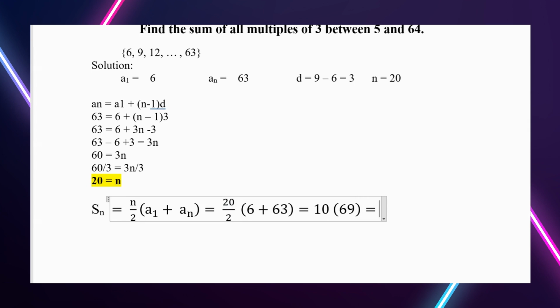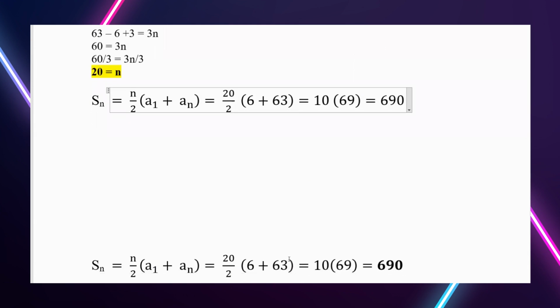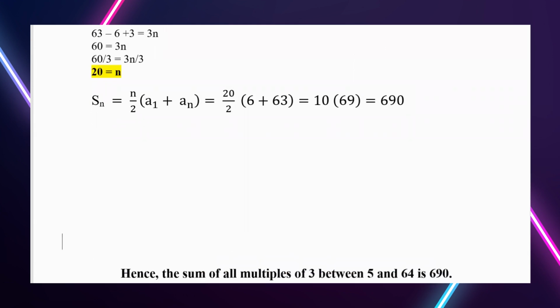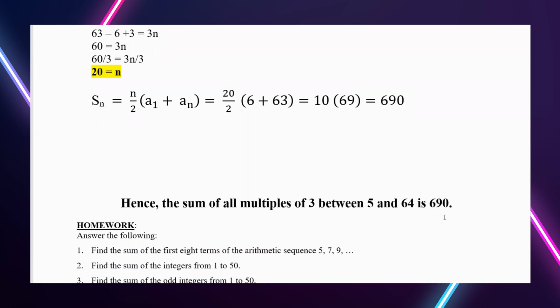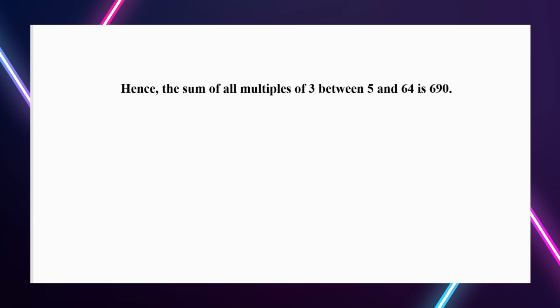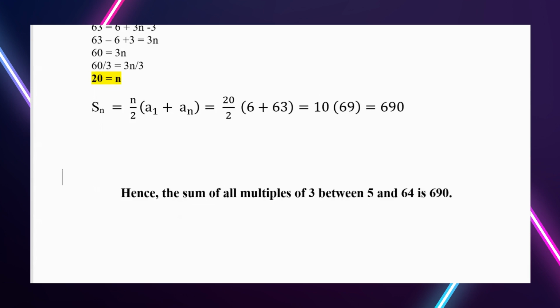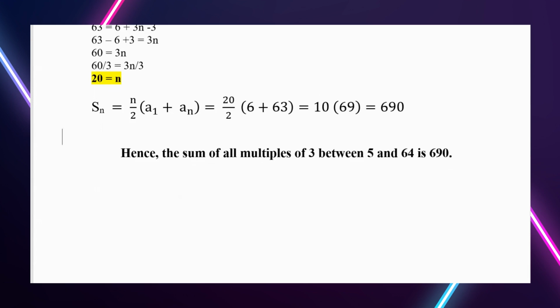So, 10 times 69 is 690. So what is 690? Okay, so 690 therefore, 690 therefore is the sum, our conclusion, the sum of all multiples of 3 between 5 and 64 is